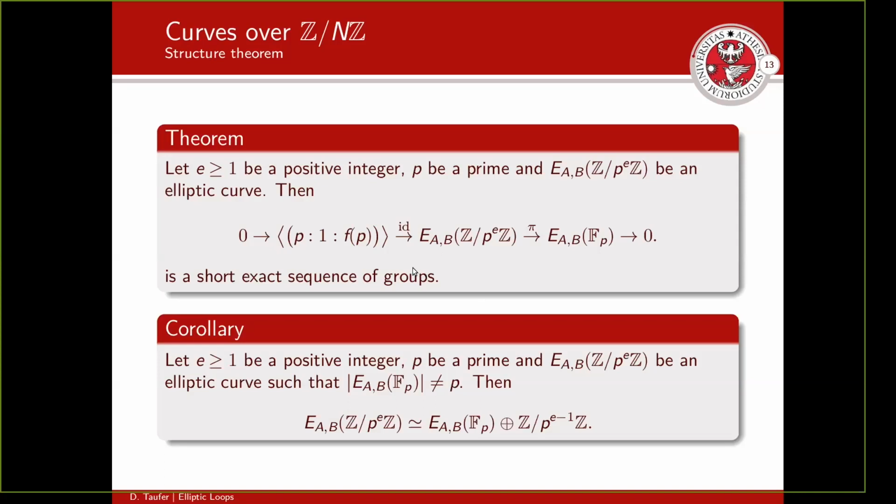So why is this theorem so useful for us? Well, because as you know, when we have short exact sequences, we have the splitting lemma we may use to study the structure of the middle term here. But we may do it only if we are able to construct a lift, so a section, so a morphism from here to here, which gives the identity when composed with the identity here. And we are able to do it every time we are able to construct such a section explicitly, every time the size of the projected curve is not p. So every time you lie over a curve which is not anomalous, then we construct an explicit